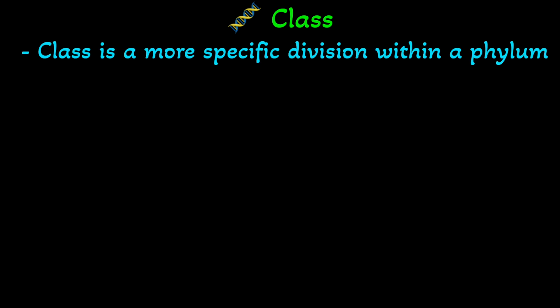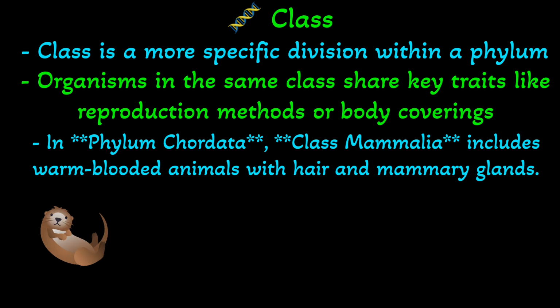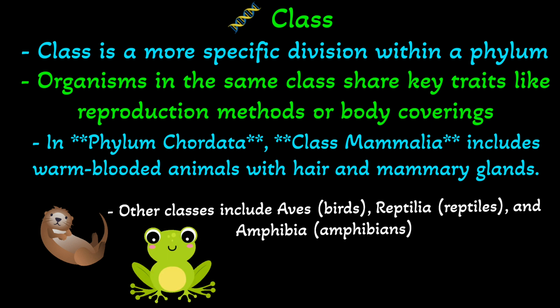The next one is the class, and the class is a more specific division and it is within a phylum. The organisms in the same class will share key traits like the reproduction method or the body coverings. So you can understand this, that in phylum Chordata there is a class Mammalia. The Mammalia class will include all the warm-blooded animals that have hair as well as